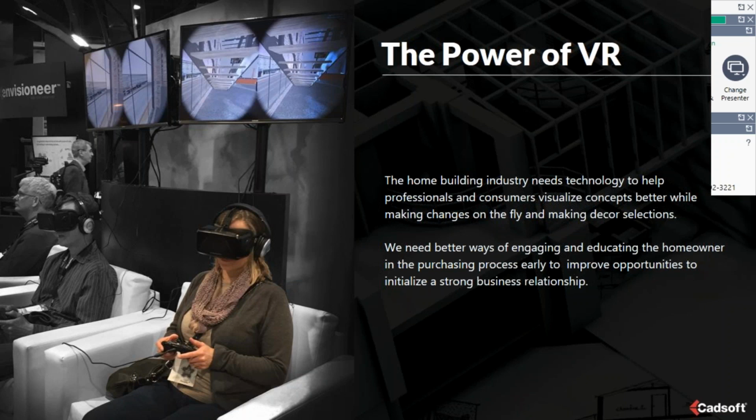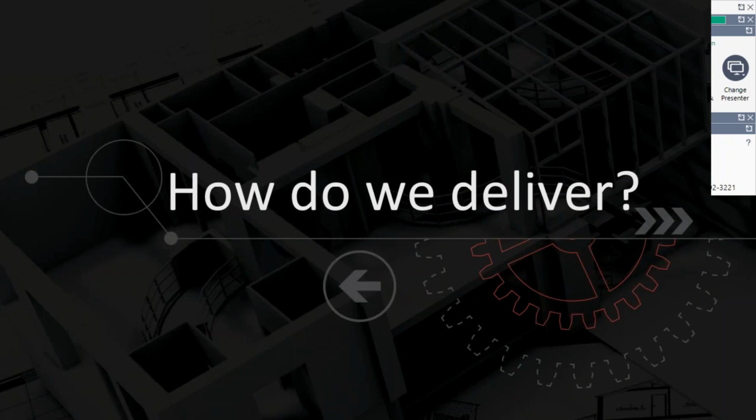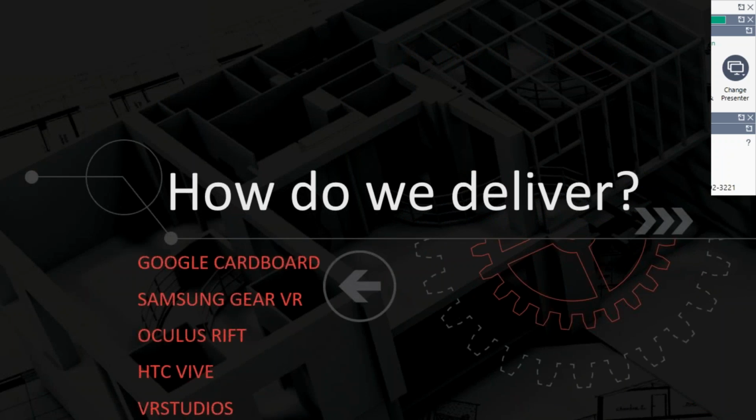So when we can educate the homeowner on their choices and engage them in that process, it makes a stronger relationship between the designer, the builder, and the ultimate homeowner. But there's so many different types of VR applications out there. I wanted to step you through how we can deliver an engaging VR experience to those homeowners in the home